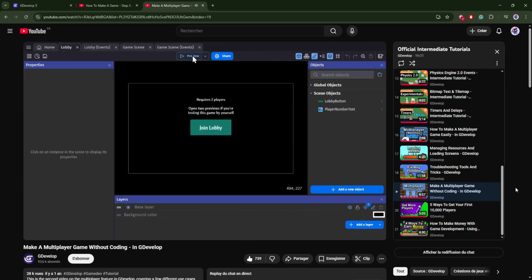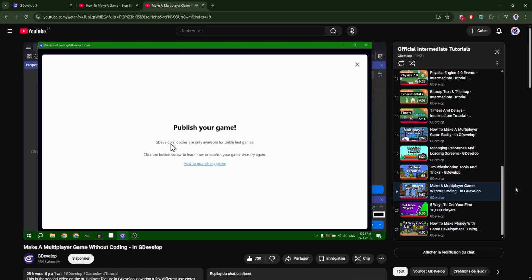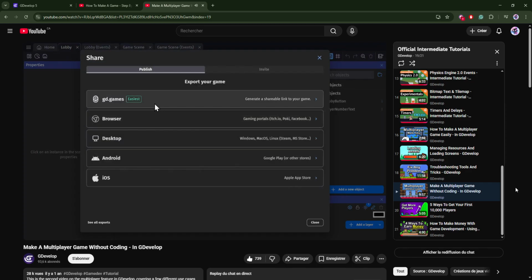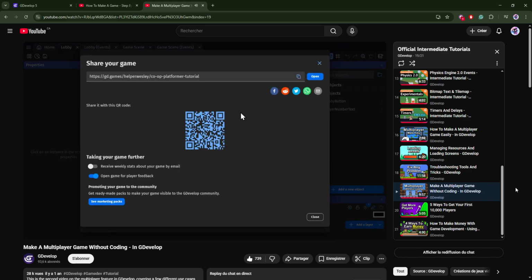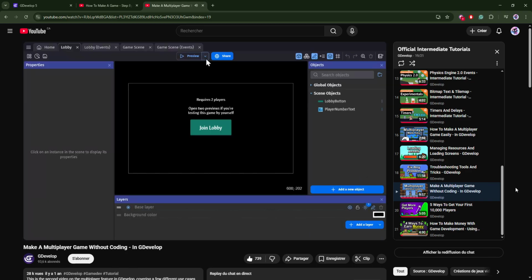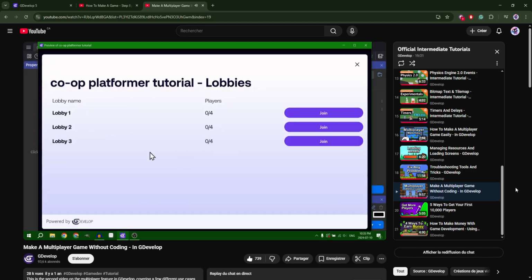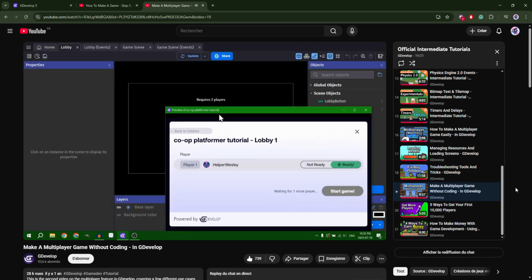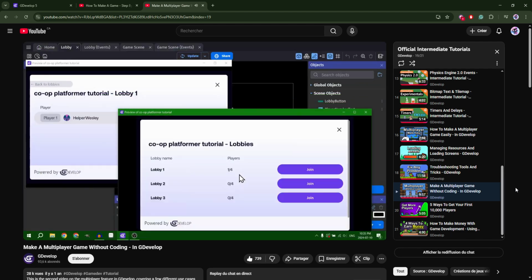And now if I go to the lobby and preview the game, and click to join the lobby, I'll be told to publish the game. So, you can click to share your game, go to gd.games, and generate a link, and then this link is for your newly registered game. And now that it's registered, if I press preview and join lobby, I'll be shown my lobby options. I can join with 1 player, and then open another preview window to join with a second player,